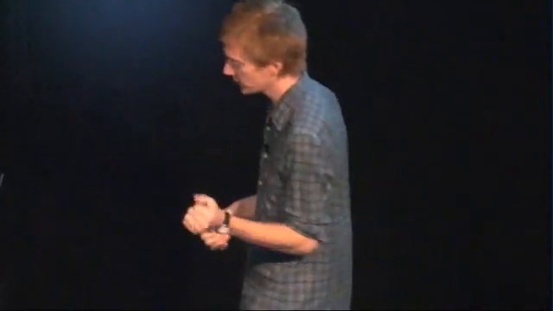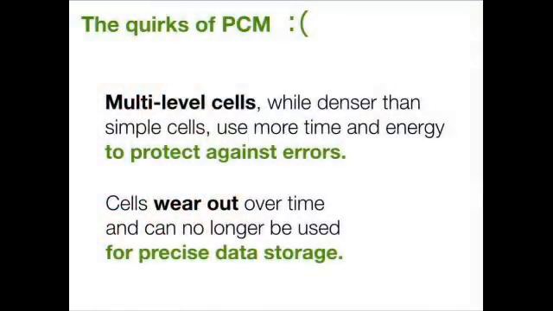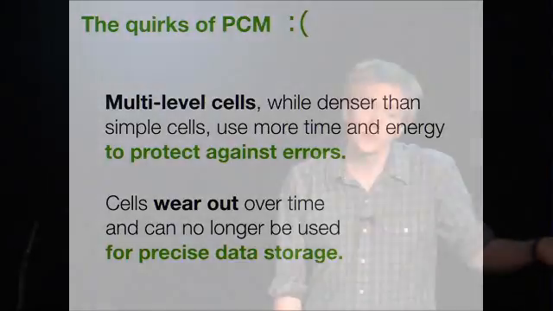Because I'm an approximation person, and again, I have a hammer and everything looks like a nail, when I see these two limitations, I implicitly add something to the end of each of them, which is that multi-level cells are slow if you want to store exactly the right value. And cells can wear out, and you have to throw away blocks of data if you want to actually store the correct data in those cells. On the other hand, if you're willing to compromise on that, if you're willing to store slightly wrong data, then you can help address both of these quirks of PCM. You might be able to make multi-level cells faster, and you might be able to use more of your memory for longer if you're willing to tolerate a few errors.